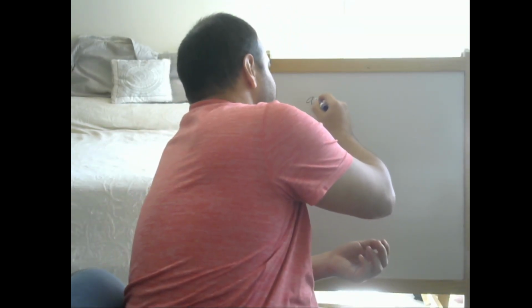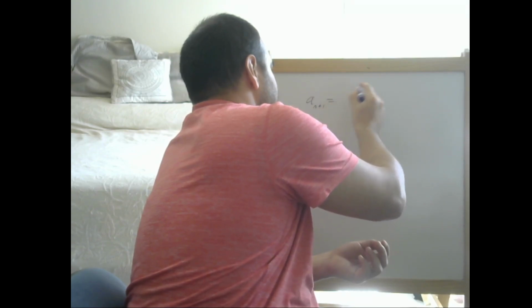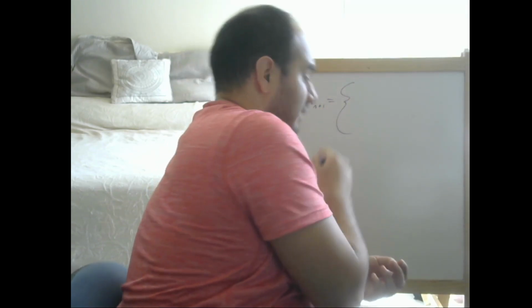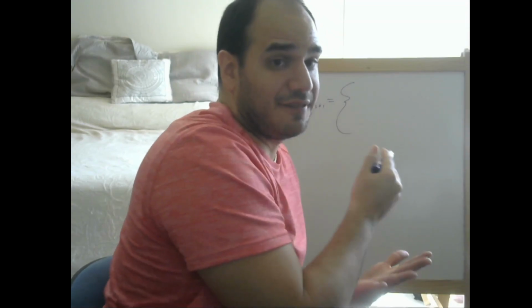Okay, so for this one, it's a recursive function, so it fits in nicely to our course. But it's a recursive function that has conditions to it. So you do a different behavior if the value of the previous term is even, or if it's odd. So the next term in the sequence is going to equal half of the previous term